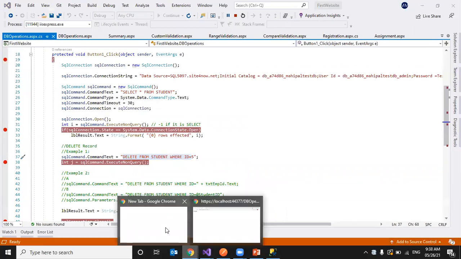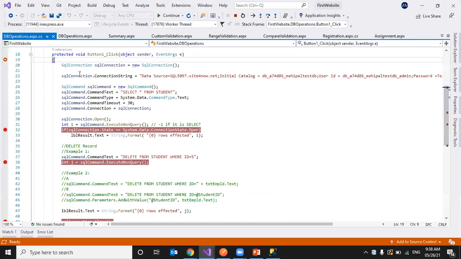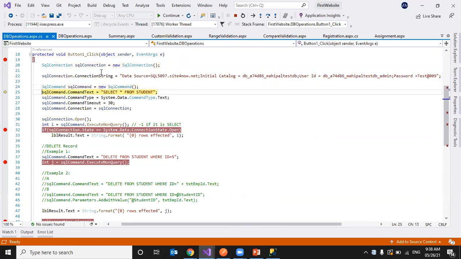When we click the button, connect to DB, the debugger hits the breakpoint. To debug line by line, we use F11. To execute a particular method, we use F10. So you can press F10 like this, and it will execute each line. Now I'm opening the connection to the database. The connection is just established. Now I'm executing the ExecuteNonQuery method. My command is select star from student.